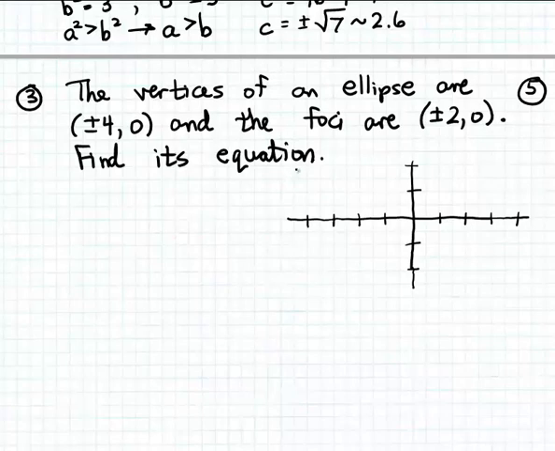In this example, we're given some information about the graph of an ellipse, and we're asked to write down the equation for the ellipse. Although we aren't shown the graph of the ellipse, we're just given some information about what the ellipse looks like. I'm going to go ahead and